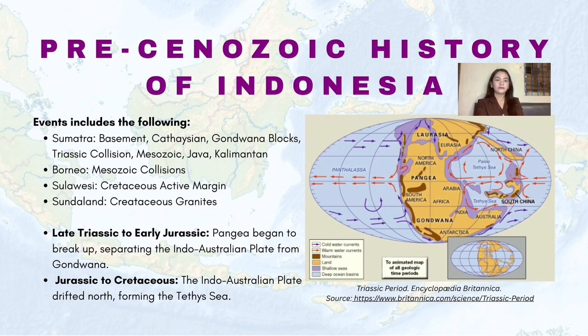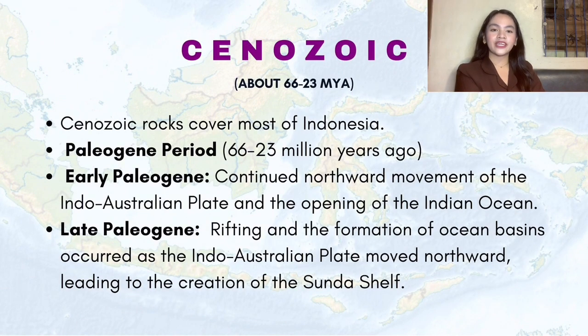Mesozoic era, particularly in the distribution of continents, the evolution of life, and the geographic distribution of living things. At the beginning of the Triassic, virtually all the major land masses of the world were collected into the supercontinent of Pangaea. At the end of the Triassic, however, plate tectonic activity picked up and the period of continental rifting began. Moving forward to the Cenozoic era that happened 66 to 23 million years ago, Cenozoic rocks cover most of